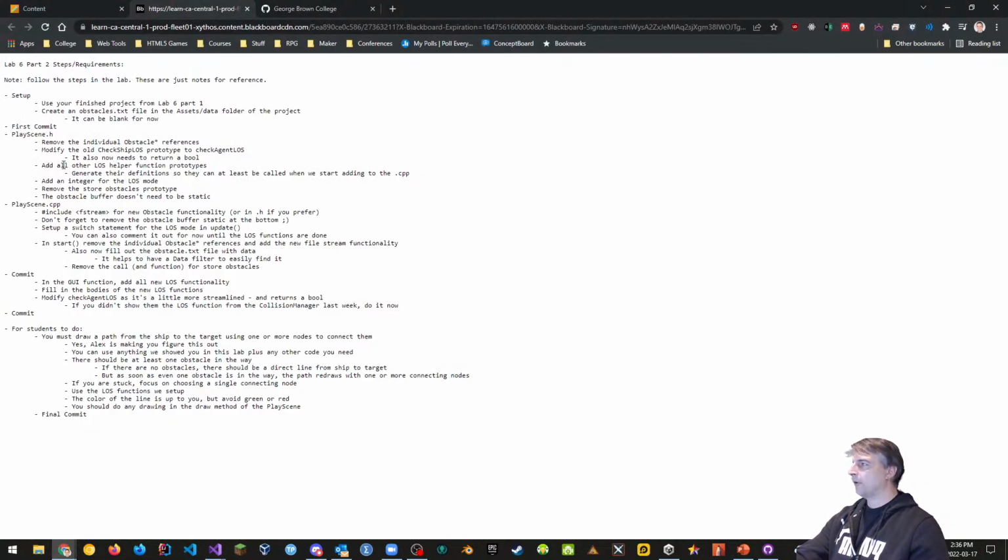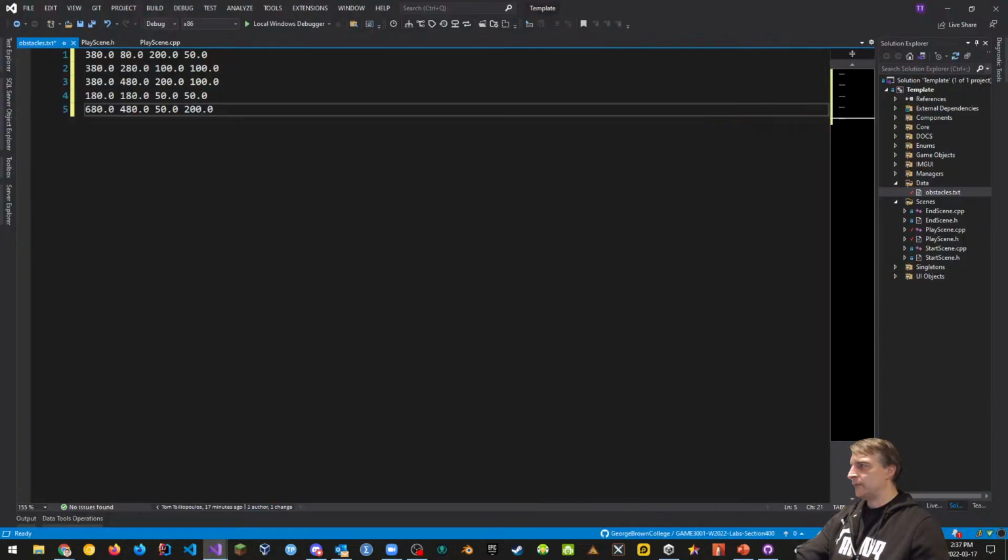We added this part. I'm going to add the obstacle.txt, because one thing we want to do is start thinking about how to use the new file stream functionality. Okay, so I guess this can be put anywhere in a function, and this is really like create obstacles from file. That's what I'm going to call it. So again, it's up to you. This is a little bit of a departure from what Alex did. Hopefully it won't kill our time too much, but let's think about what this is going to do.